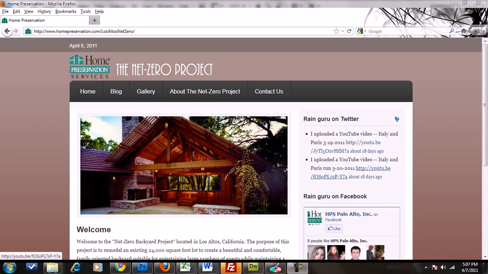I'm going to go over today how to log into the backend area for the NetZero project site and add a post for a blog. So first of all, if you go to homepreservation.com/Los Altos NetZero, you will see currently what the NetZero project site looks like. To log in, after the